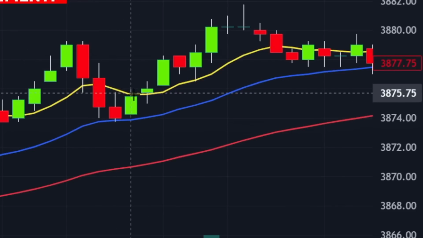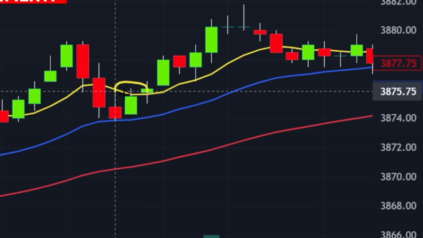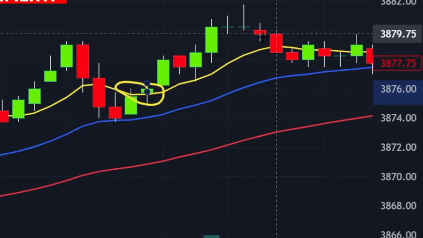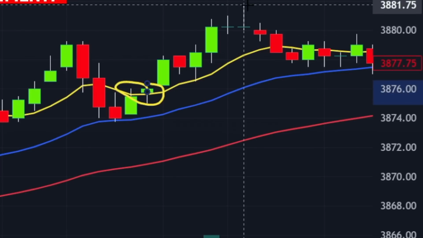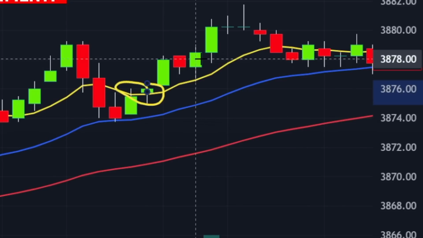So I'm looking to basically then jump in long once we break back above this yellow line, the 8 EMA. So from the 75s up there to the 81s. The thing about these scalp trades is we're not thinking that we're gonna just go straight to the moon after this. We're thinking that we're gonna get a breakout for 4 to 5 handles. Smaller little winners. These are just little scalps, right? We're just kind of in and we're out, just taking that